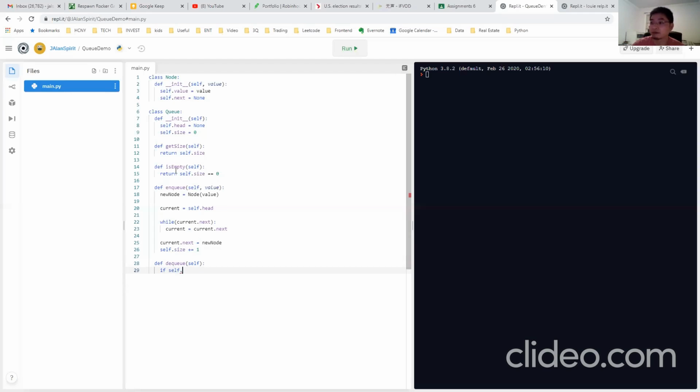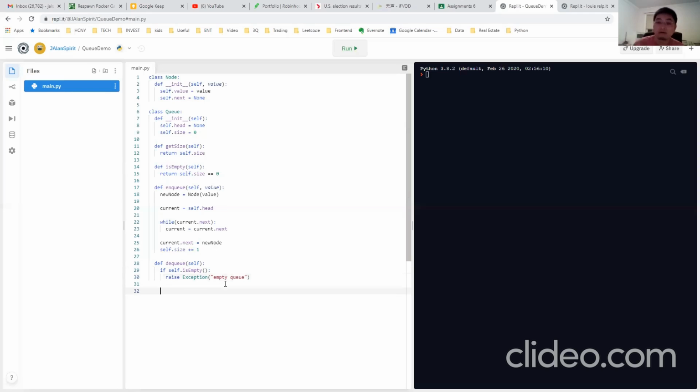It's called self.is_empty(). So once it's empty, raise an exception. That's the exception check. It's saying, hey, we want the queue, but it's an empty queue.